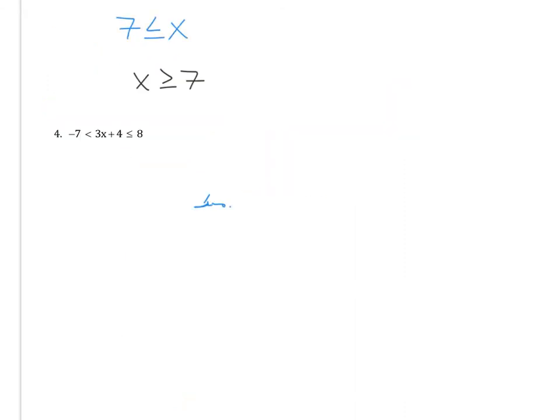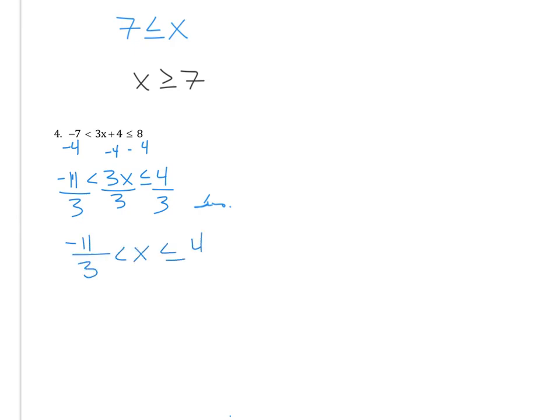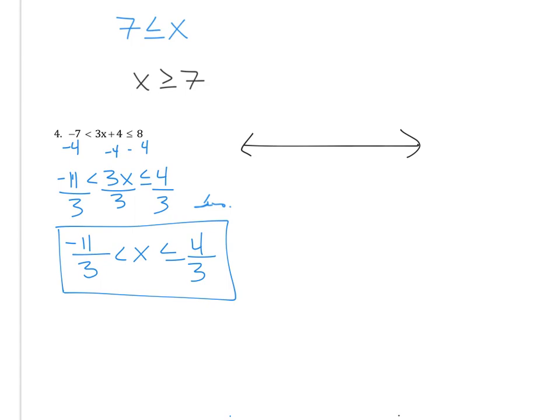Alright, this next one looks a little bit different. Hopefully you've seen something like this before. When you're solving, you're just going to solve in 3 places. So when you're trying to get x by itself, the first thing you would do is subtract 4. So we're going to have negative 11 is less than 3x, which is less than or equal to 4. And then we divide by 3, again in all 3 places. So this is the kind of inequality that's usually going to give us that barbell type graph like we saw in the beginning. So if we graph this one, we've got negative 11 over 3,